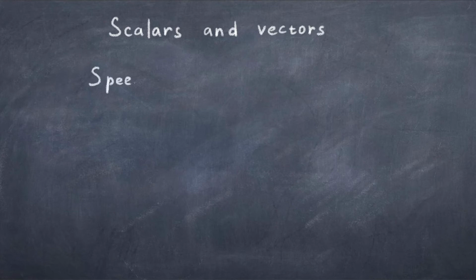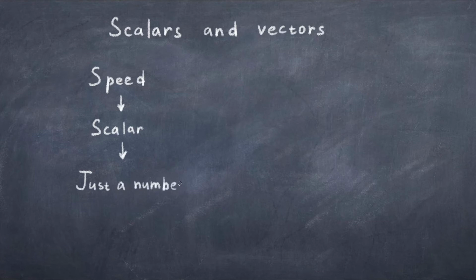Earlier I mentioned that both speed and velocity have the same units. Many people probably use these words interchangeably, and while these quantities are very similar, they are not the same. The difference is that speed is a scalar, but velocity is a vector. Now you might ask, what is a scalar and a vector? The simple explanation is that a scalar is just a number. A vector, on the other hand, is a number